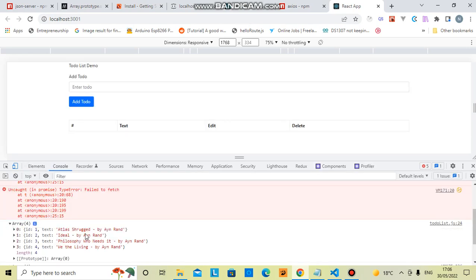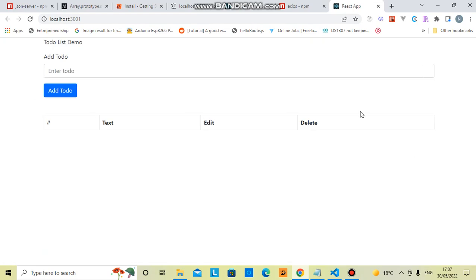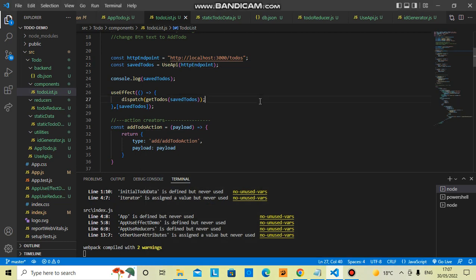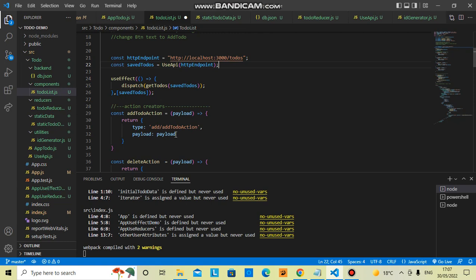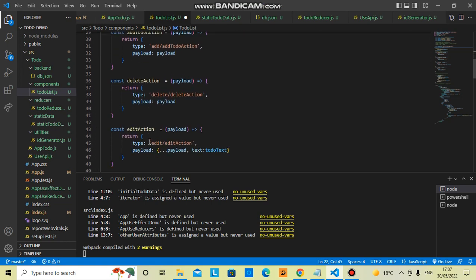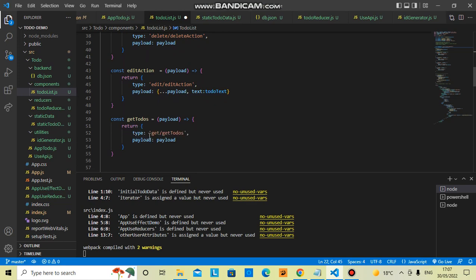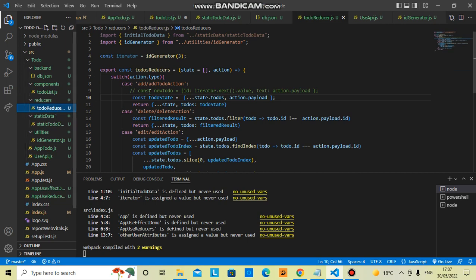Oh yeah, we do have our data being returned, but why is it not being rendered? We do have our data being returned. So let me see. Okay, then I'm supposed to create this within our reducers here. So I'll give this to this,